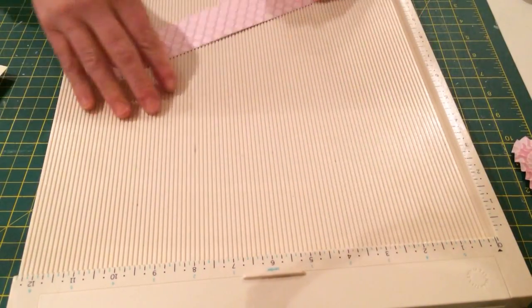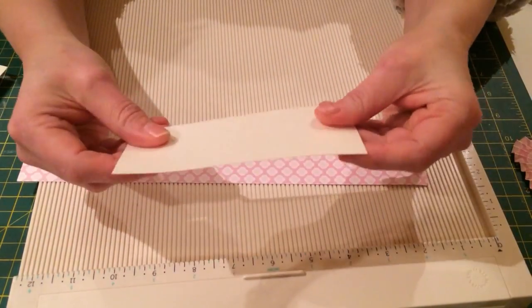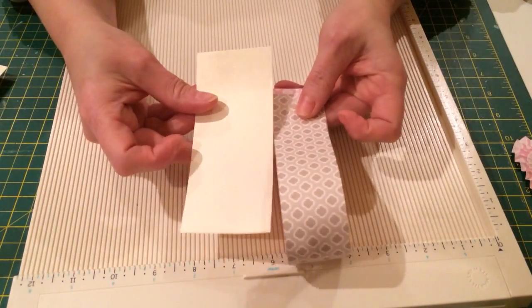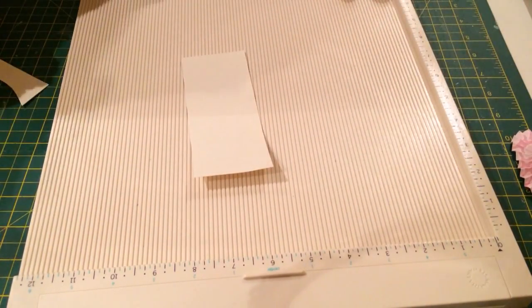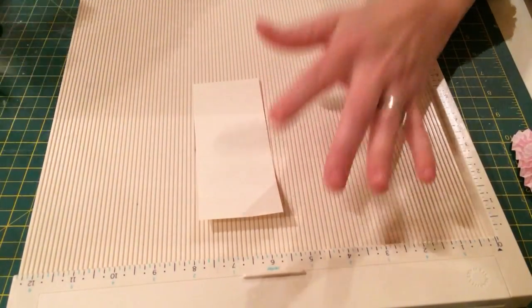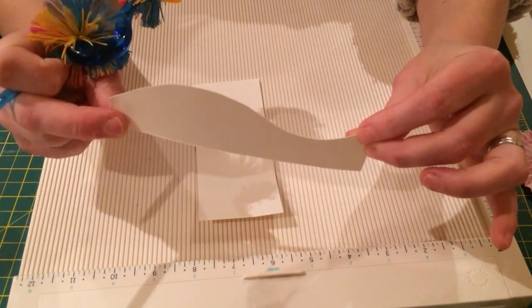Now, half of that is 6. So what you do is you get yourself a piece of card that is 6 inches long, which would be the same size as that, and you draw yourself a template. Now your template wants to look like, it doesn't have to be perfect, okay, but you do need a template, and it wants to look like this, which is what I call a flat nose, flat bottomed fish. Okay,